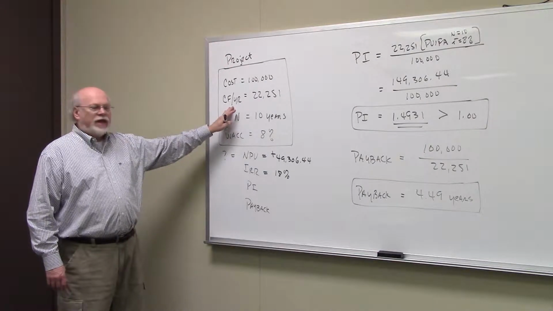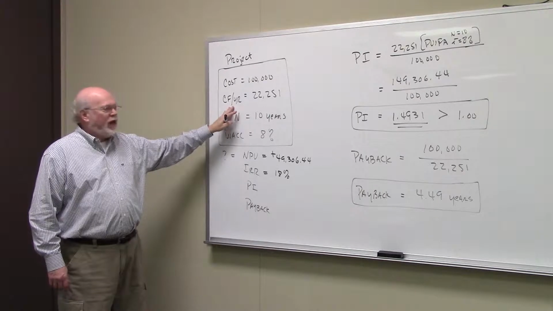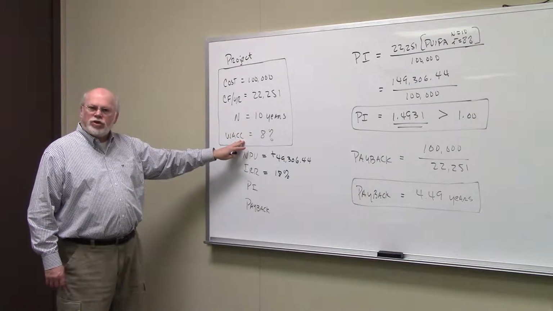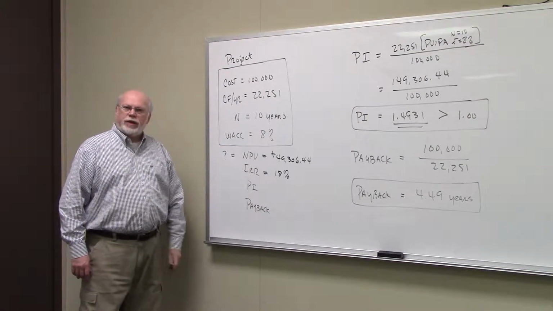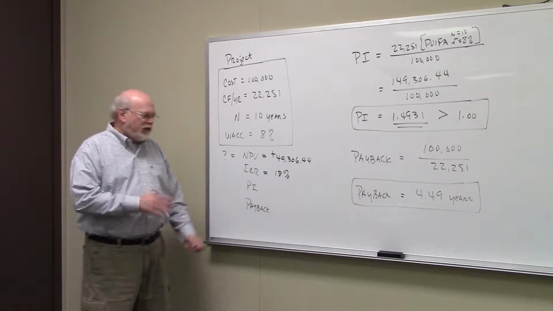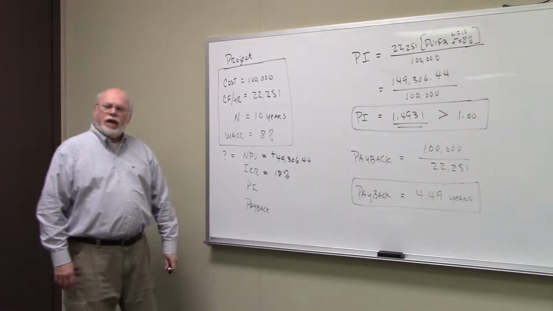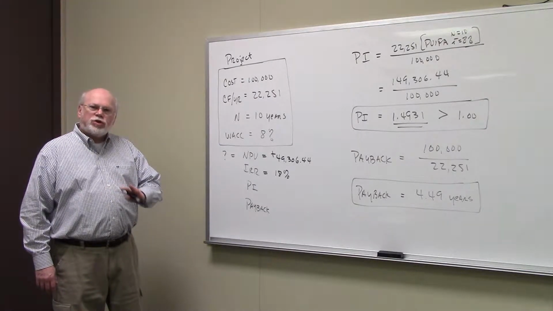today. The cash flow per year is going to be $22,251 every year for 10 years. Our minimum acceptable return on the investment, our weighted average cost of capital, is 8%. And what we calculated in the previous video was the net present value and the internal rate of return. We had a positive net present value and we had a rate of return that was greater than our cost